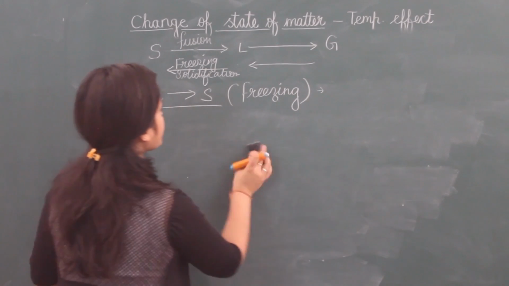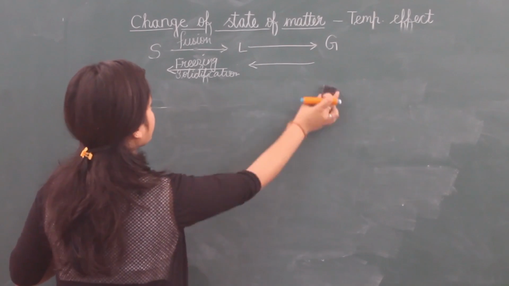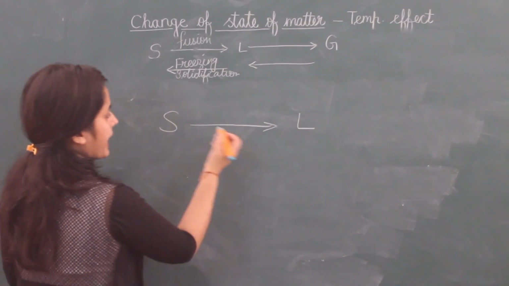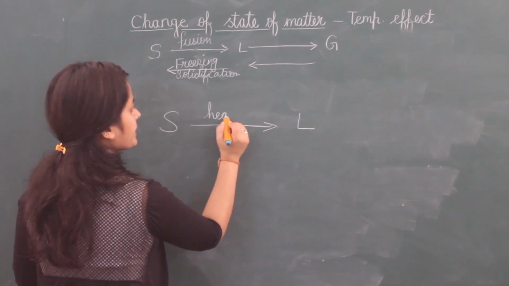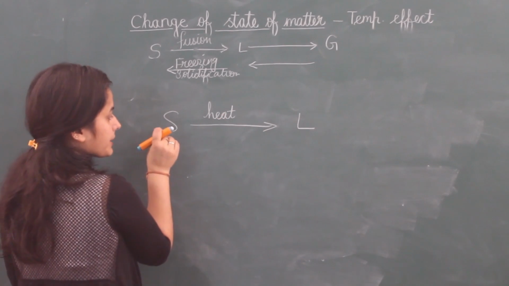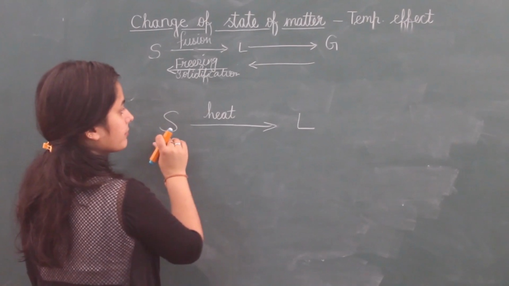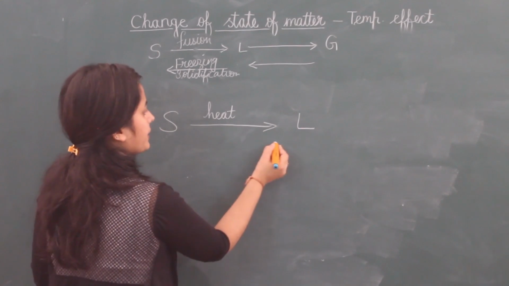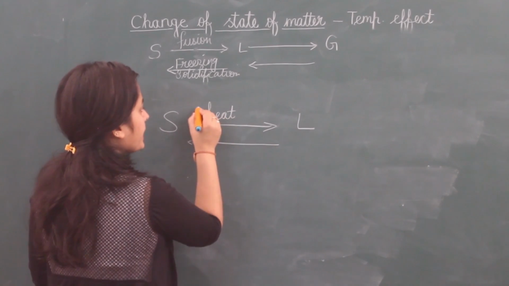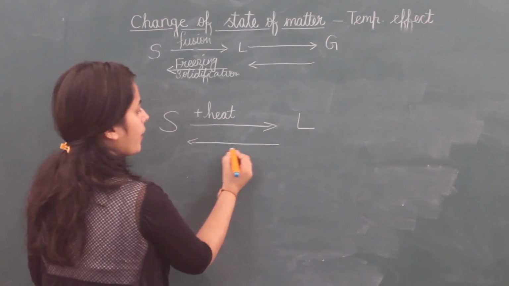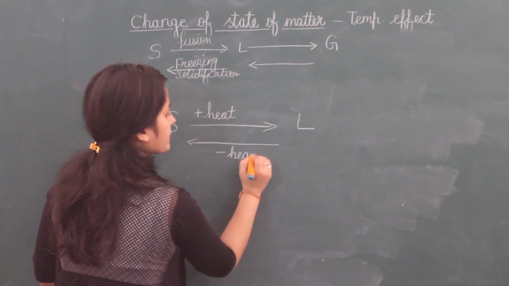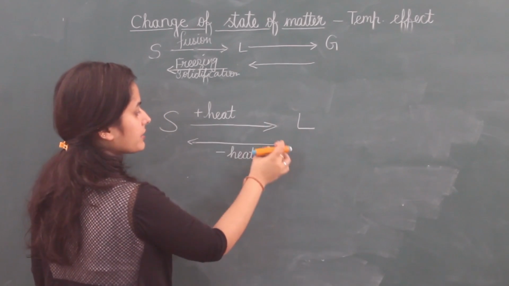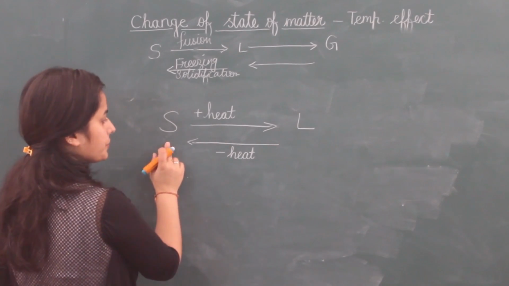When we are changing conditions, now what are we doing here? To change solid to liquid, we give it heat. When we give heat to solid, it takes its latent heat and converts into liquid. Here we are giving heat. Now we have to remove this heat. When we remove the same heat from the liquid as we have given, then this liquid will convert into solid.